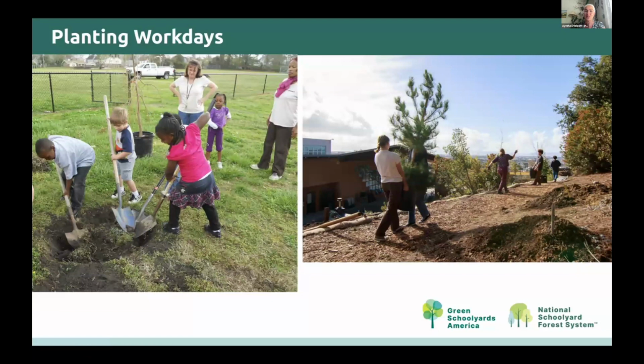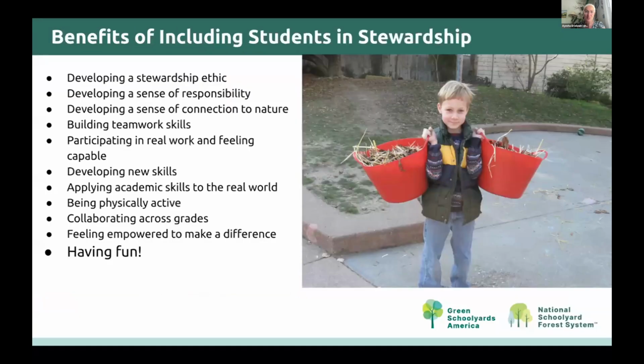Hopefully students will also have helped in the original planting of the schoolyard forest or living schoolyard. But there are many ongoing tasks, as we can all imagine, and including the students in that has many benefits. Some of those are developing a stewardship ethic, which goes hand in hand with a sense of responsibility. Many schools have responsibility as one of the core values they talk about with students all the time. And this is a place where they can extend that idea of responsibility and develop a sense of pride in